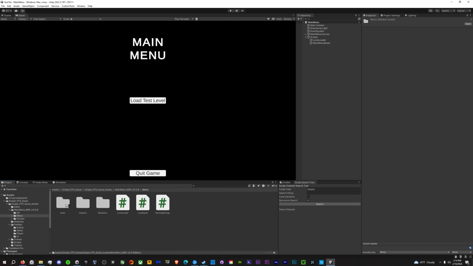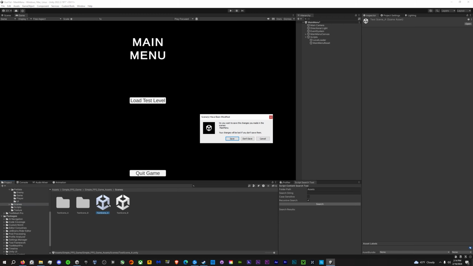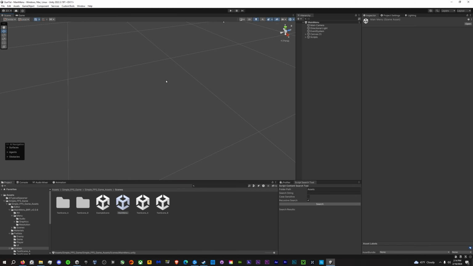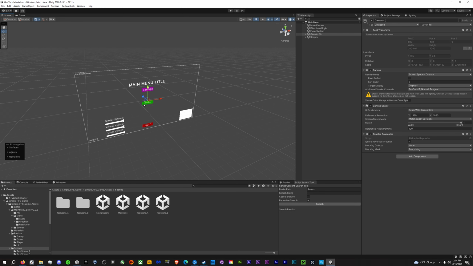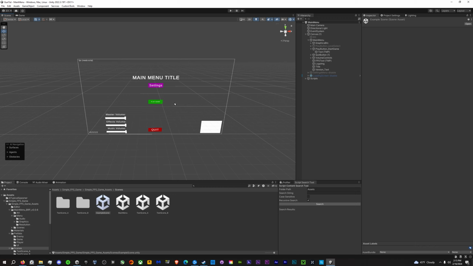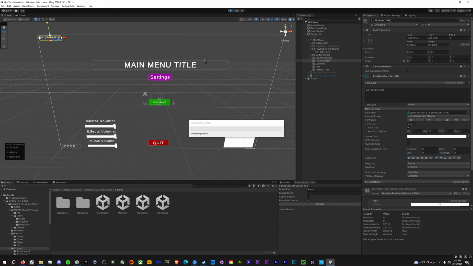And now if I take scenes, I can take my main menu, put it in the scene here. So I'm going to delete the old main menu, and then I'm going to take the new main menu and example scene and move them into our regular scenes. There we go. And we will set the play game button to load test scene A. And that quickly we have set up a main menu,